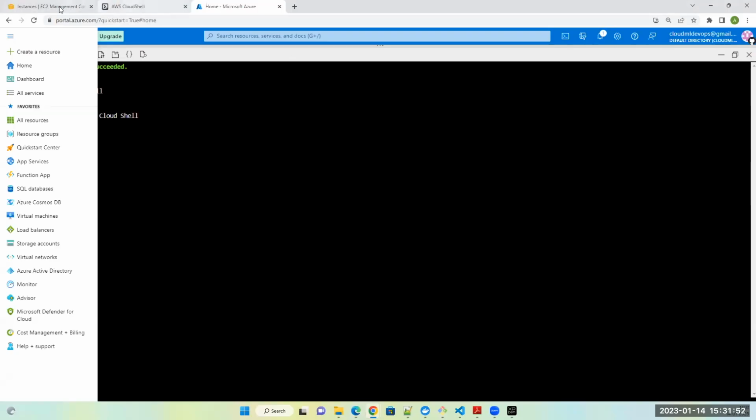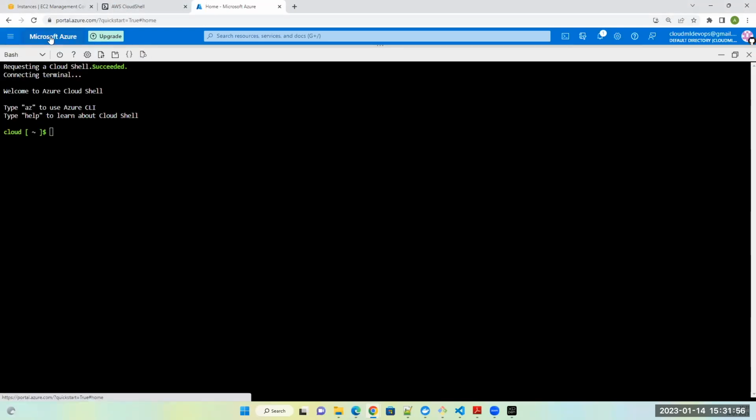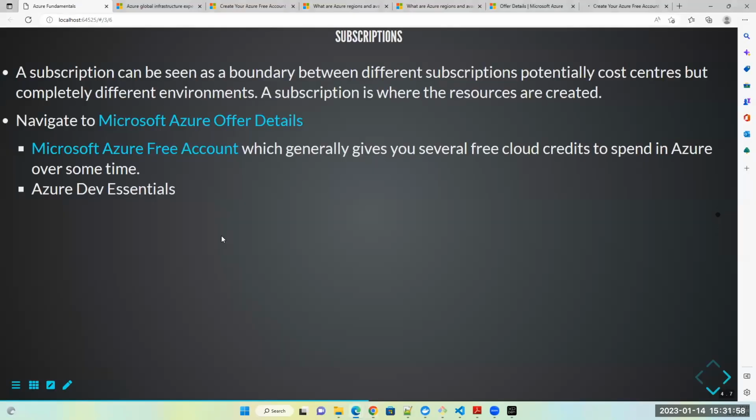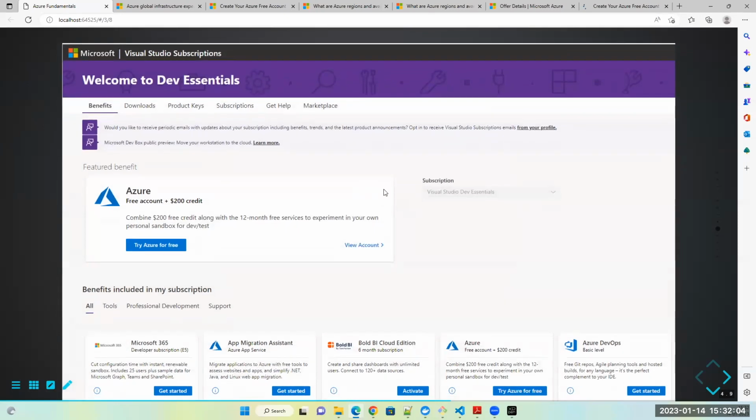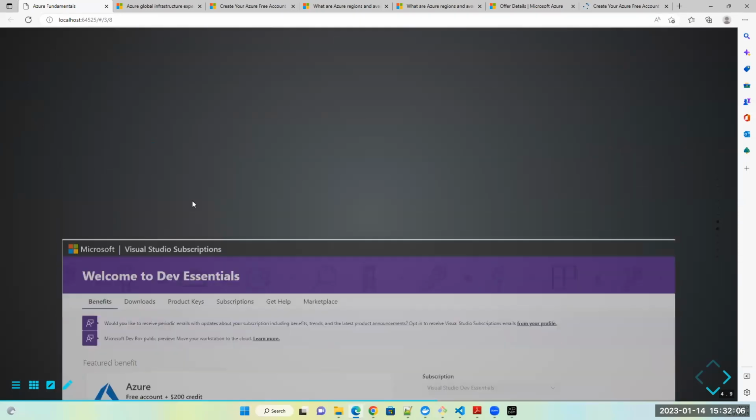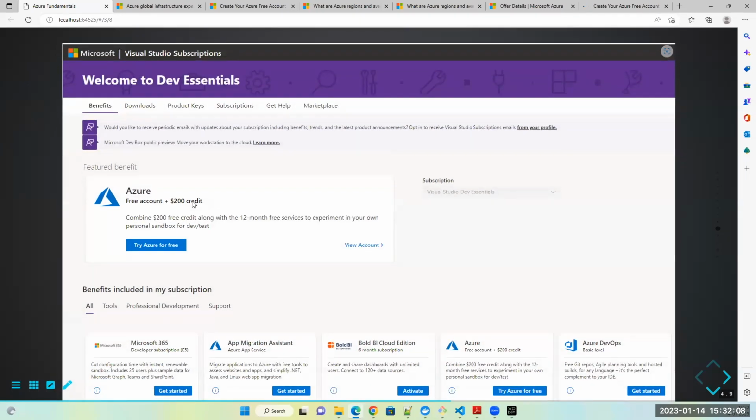So you go back here. Let's click here. So now this is how you create subscriptions here. You will be signed up for a subscription of a particular type, a kind of free tier. And this is what I was mentioning previously. The benefit of Azure free tier is it will give you a free account, which will have some 12 months